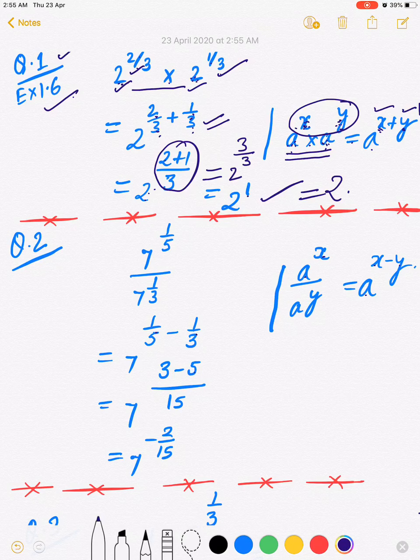Let us take one more example. Here it is written 7 to the power 1 by 5 and 7 to the power 1 by 3, but these two are written in division. So both are written in division. Now we will use law of exponent of division. If bases are same but these are the exponents and these are written in division, so in division case these